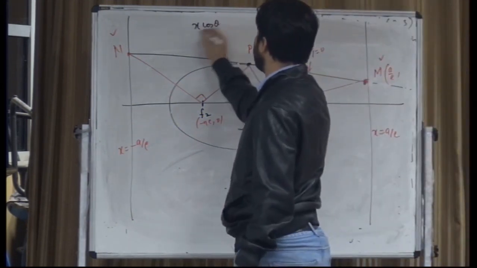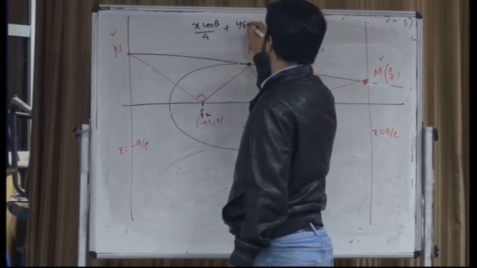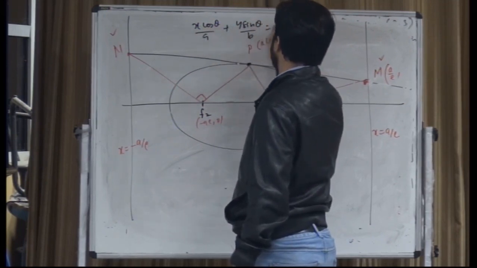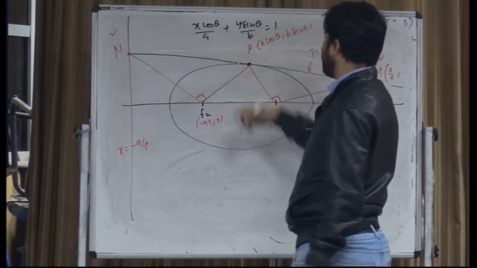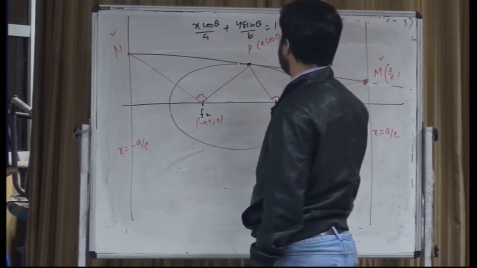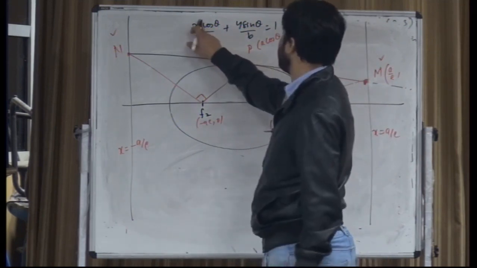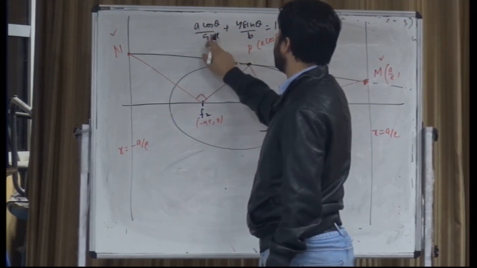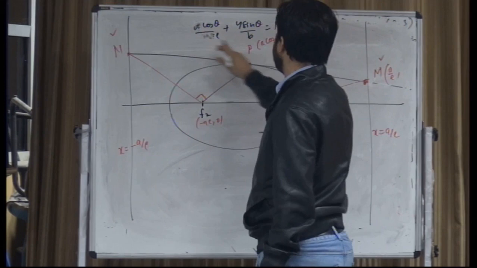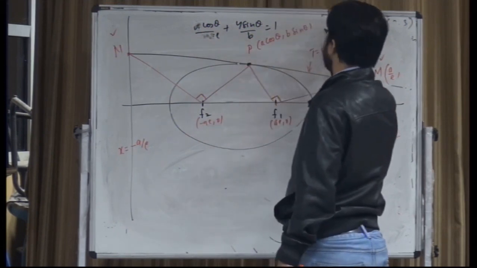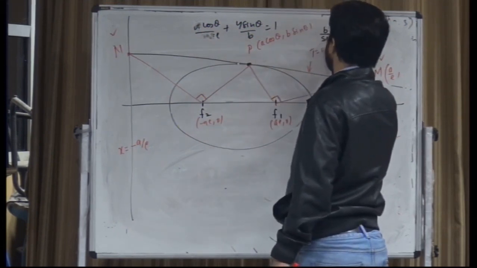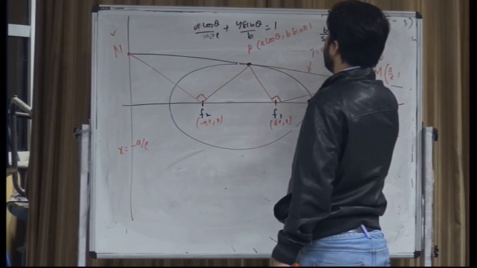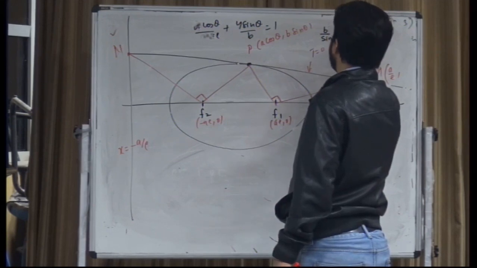x cos theta by a. If I replace x by a by e, what did I replace? a by e. So a gets cancelled, what remains? cos theta by e. So b by sin theta into (e minus cos theta)